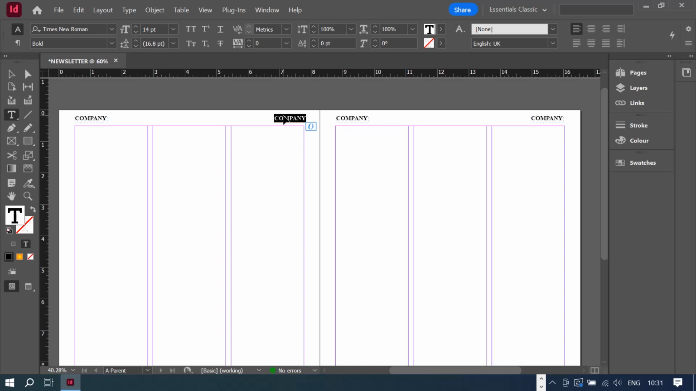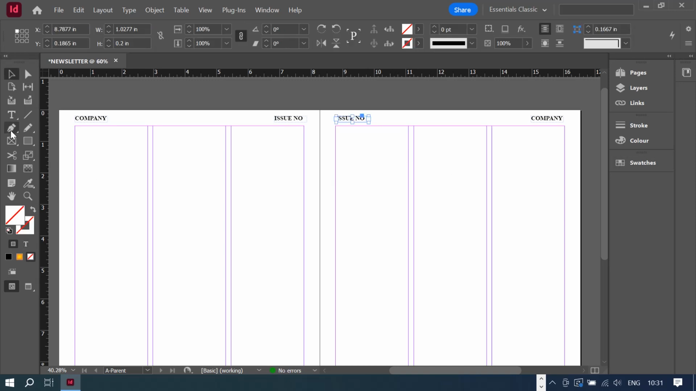So here, I want this to be my issue number. I'll just put it there. Issue. I'll just put the word. So I can copy this into here and then paste the same text. So that's my issue number. And then in between here, I think I'll have